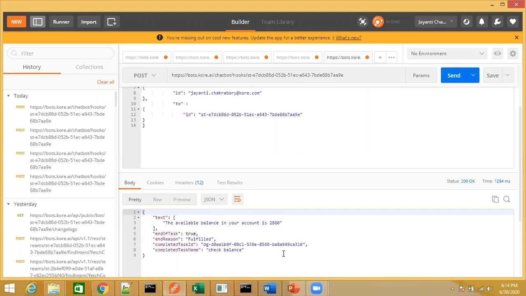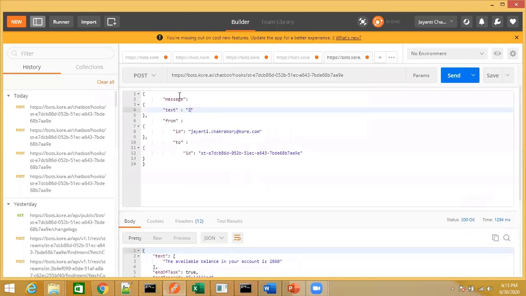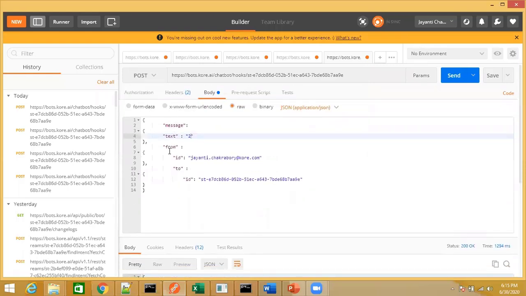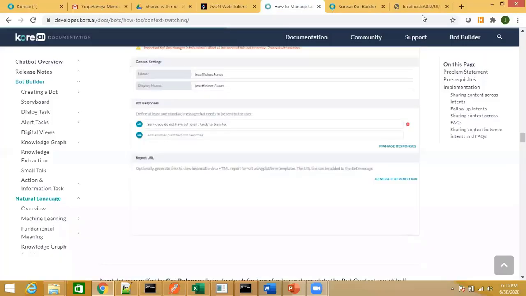So this is how you can use a webhook in order to integrate your bot, or to call your bot from some communication application which is not available as a channel on our platform. Any questions on this integration? You can refer to our documentation where you will get the details of these requests. If you don't remember how to put this request, please do refer to our documentation for these advanced configurations.